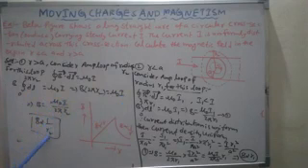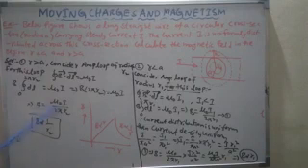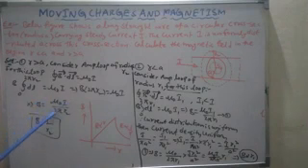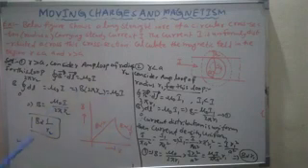Then B is inversely proportional to r2. This is the magnetic field due to a current carrying straight wire, outside the wire. Yesterday also we understood, using the Biot-Savart law, that the magnetic field due to a current carrying straight wire at distance r is mu naught I by 2 pi r. We consider r2 here, so B is mu naught I by 2 pi r2. From the Biot-Savart law and Ampere's circuital law we got the same result. B is inversely proportional to r2. As the distance from the wire increases, the magnetic field decreases. This is outside the wire. Outside the wire, B is inversely proportional to r, so it decreases hyperbolically.